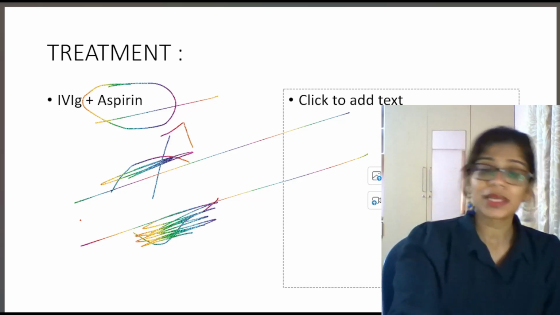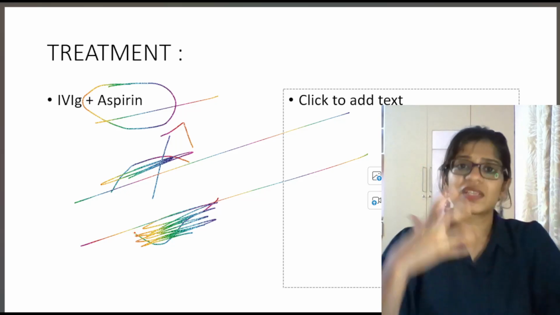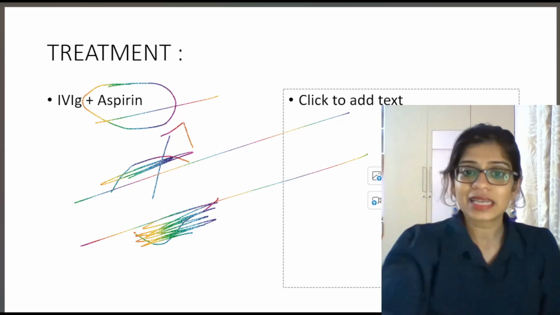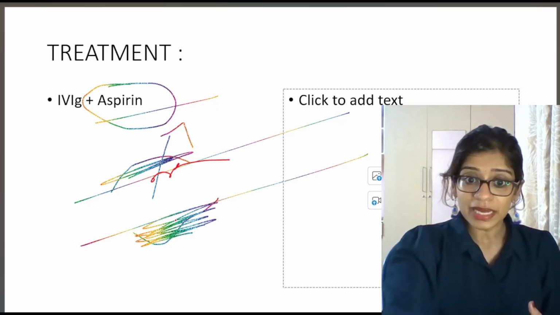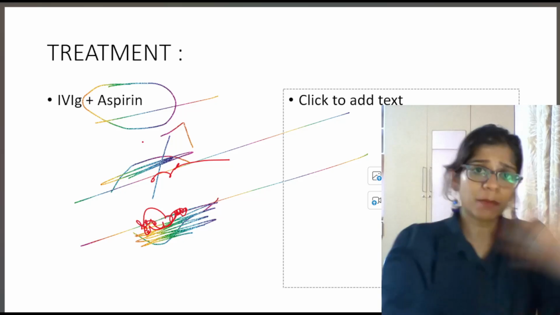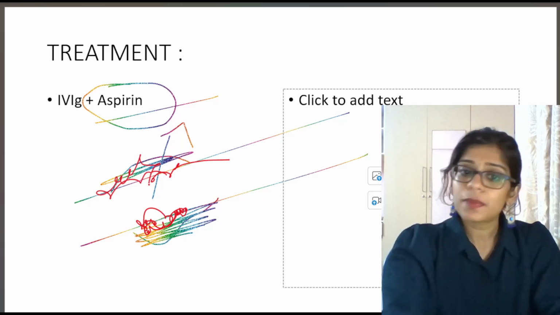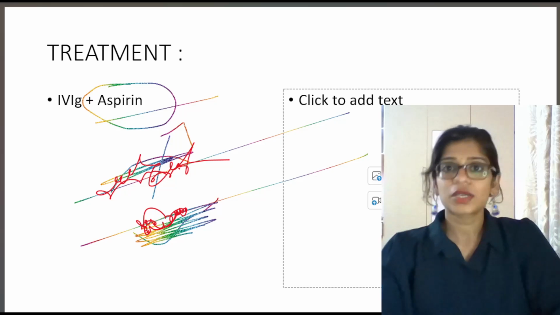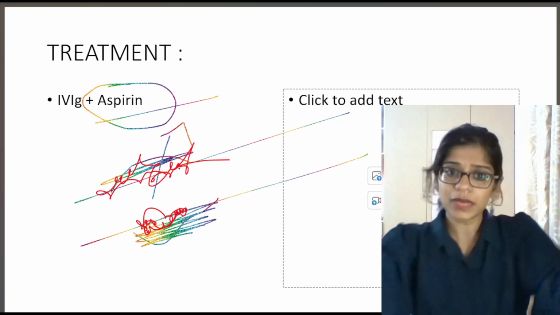Another complication is, wherever there is inflammation in our arteries, whenever there is endothelial damage, platelets in our body will come. Platelets are the heroes. They come to that region thinking, there is a chance of bleeding here, let me just sit here for a while. In case of bleeding, I can clot this part so that there won't be much bleeding. So in these children, many platelets come to the inflamed region. This is a precautionary measure the body takes, so that if it bleeds, clot formation happens and there isn't much bleeding.